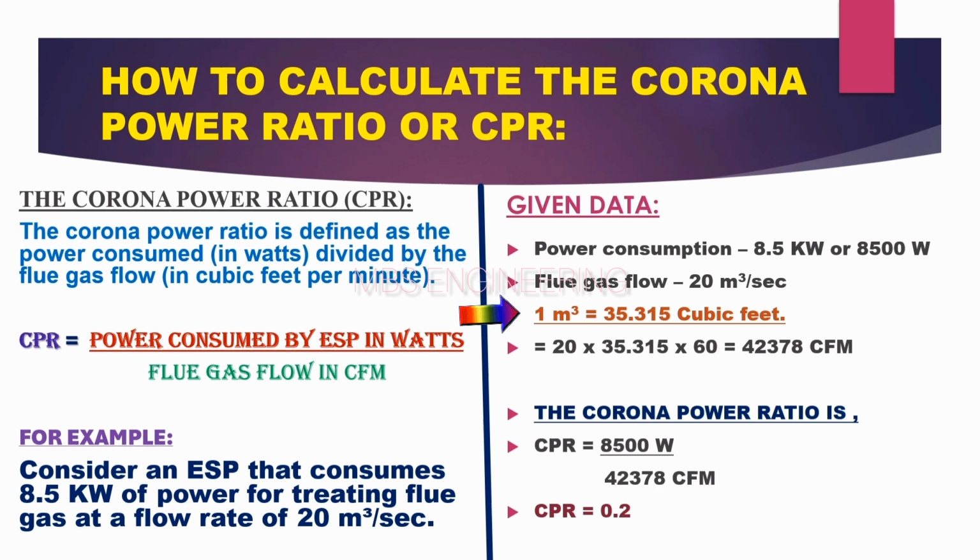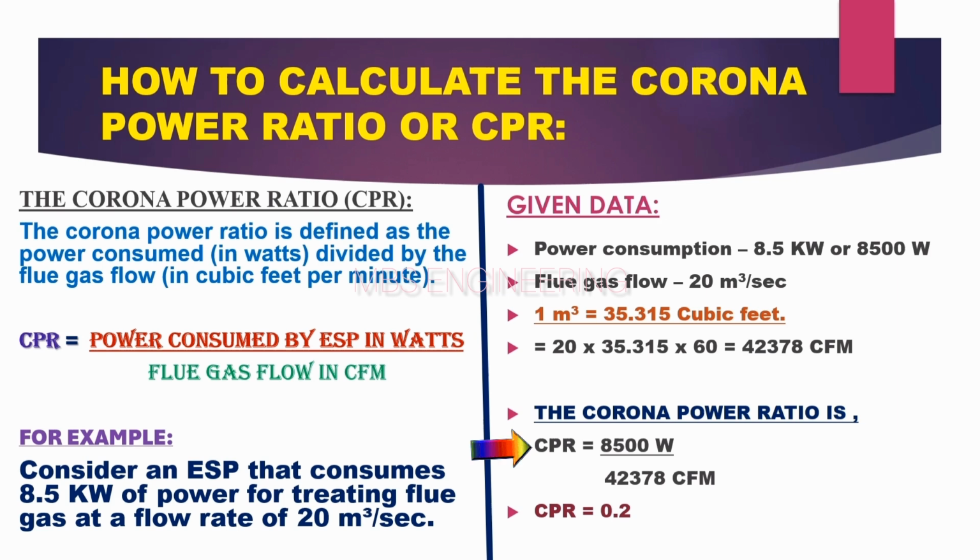Generally, 1 cubic meter equals 35.315 cubic feet. So, flue gas flow equals 20 times 35.315 times 60. So, flue gas flow equals 42,378 CFM. Next, the corona power ratio, CPR, equals 8,500 watts divided by